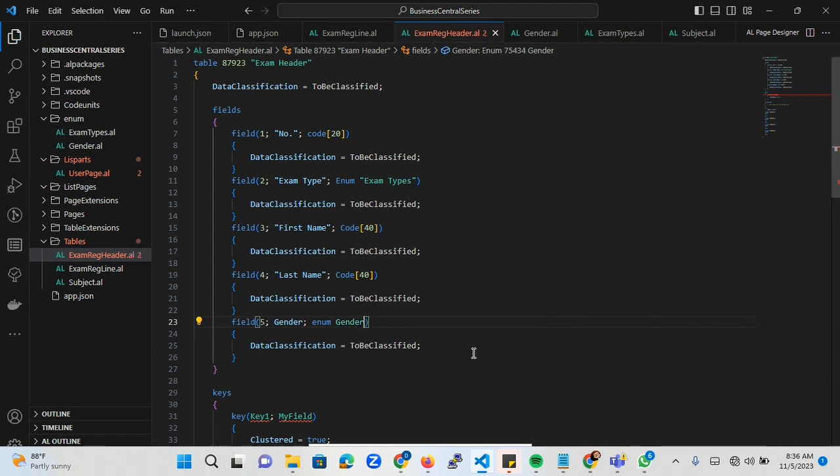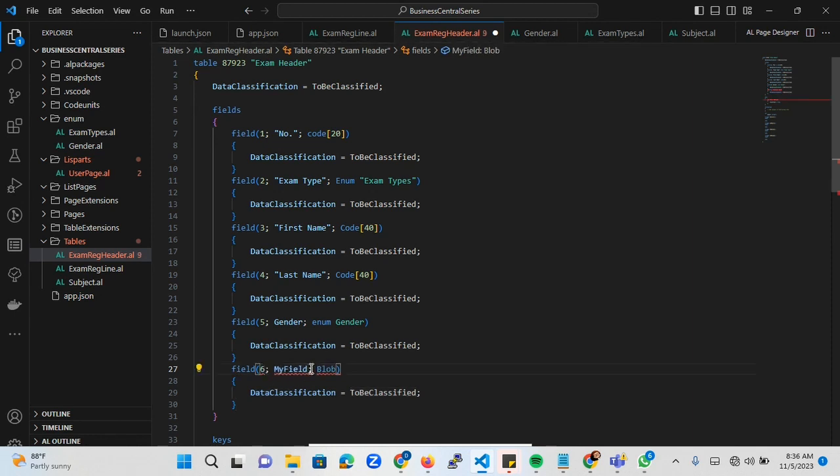We also want to have age. Age should be an integer. We have number 6. We have age. Age, that is integer. Right, this is fine. So let's see if we can get other personal information, like registration date, or let's say